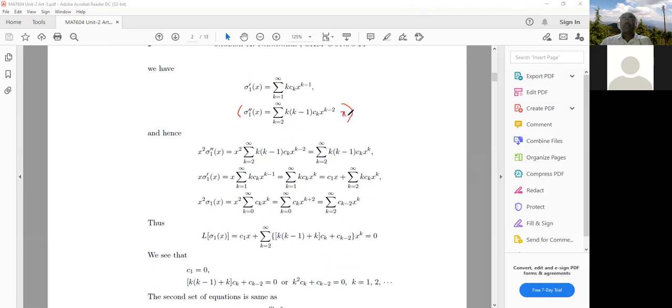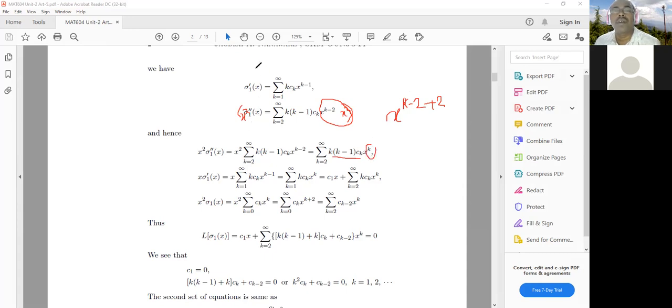Multiply by x square to the right hand side as well as left hand side. So here this is left hand side, x square into sigma 1 double dash is this, and you just take this coefficient, so take the product of x to the power k minus 2 into x to the power 2. So by laws of indices, this is x to the power k minus 2 plus 2. So this is simply x to the power k, right? So here this coefficient as it is, and we have here x to the power k.